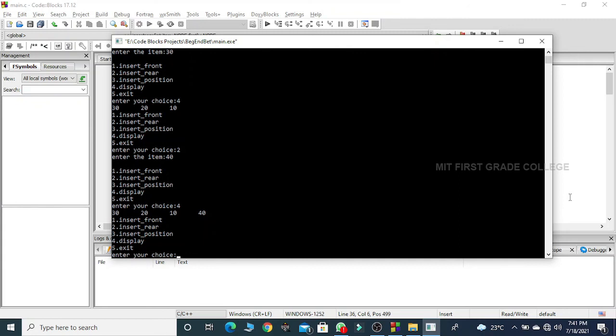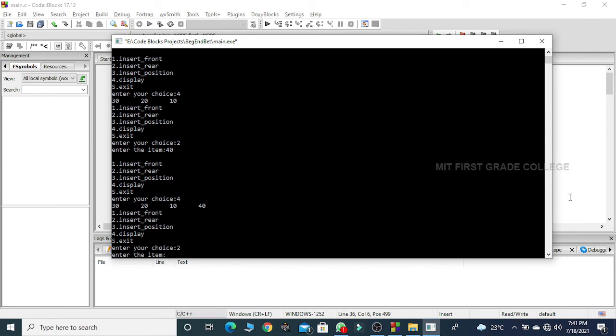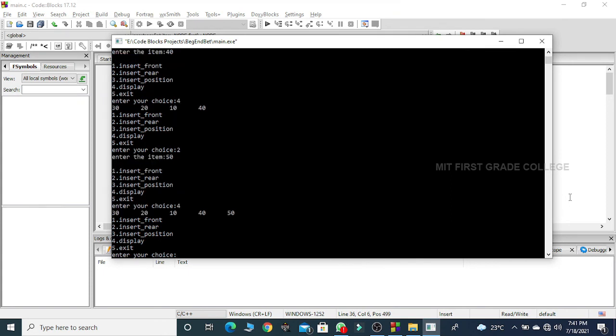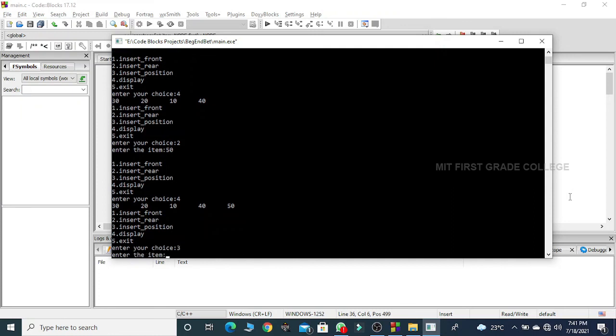Again, if I want to insert at the rear end, I choose option 2. Now I insert 50. Let me display the elements. See, 50 is inserted at the rear end, hence it is inserted after 40. Now let me insert an element at a specific or desired position. So I choose option 3.